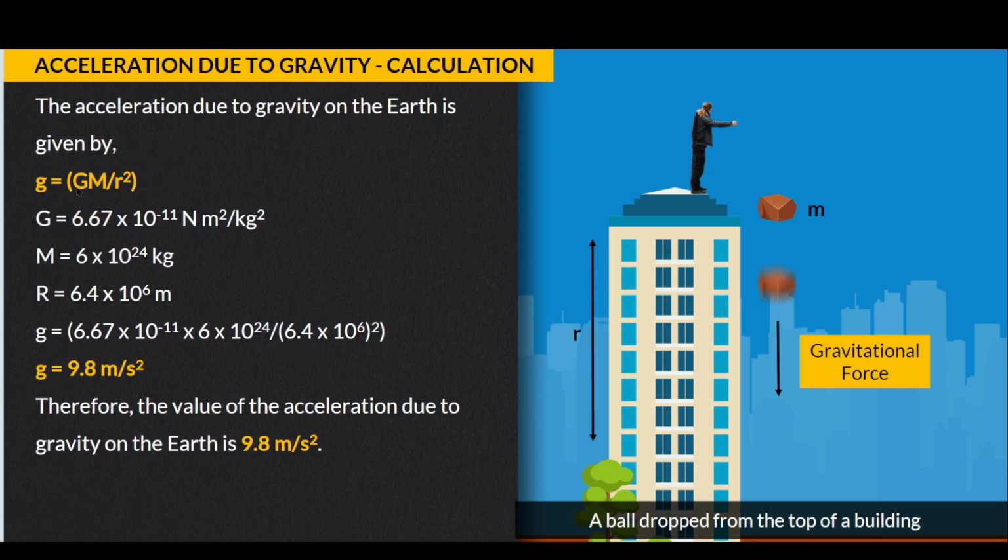If we plug in the value of G, which is this, and M, the mass of the earth, is this, and r is the radius of the earth, then if we plug in all these values, we will get g, which is 9.8 meters per second square, which is the acceleration due to gravity on earth. Okay,